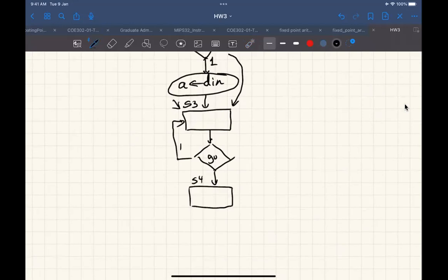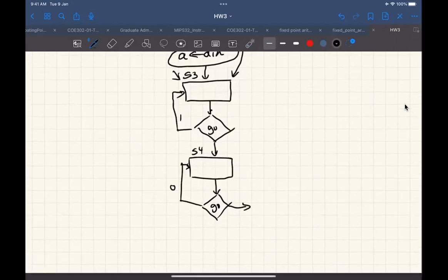And in S4, now I detect what? I detect transition to a 1, which is a positive edge on go. And as long as this is a 0, I will stay here. Otherwise, I will go this way now. I can read my B from the N. All right. And now I can go to a state where